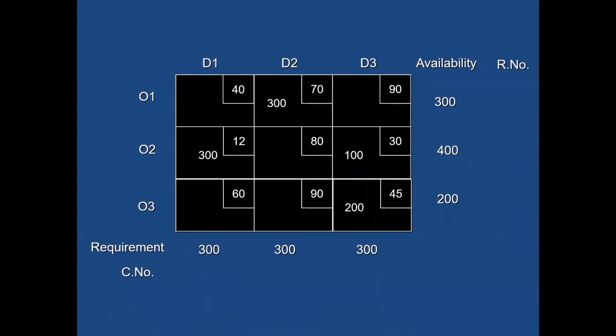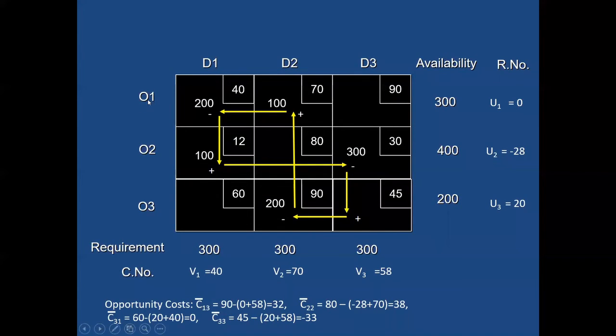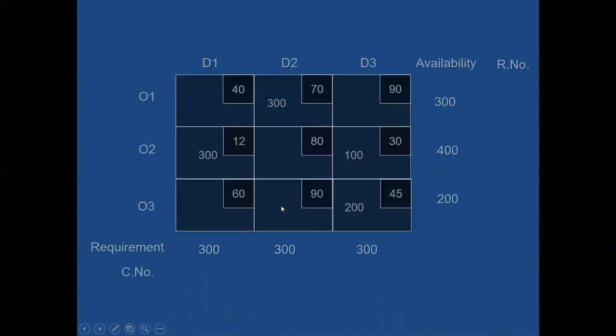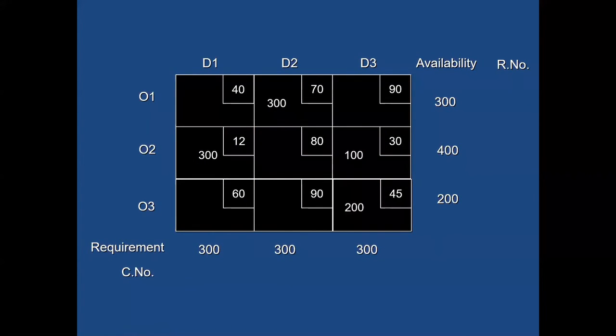Now look at the allocation which has happened. Because there was a tie between 2 cells and that was the least cost, 2 cells do not have any allocations now. Okay. So if I subtract 200 from O1, D1, this will be empty, plus O3 and D2, even this is going to be empty now. And that is the reason the number of allocated cells have reduced, which is 4 now, and it is not equal to m plus n minus 1.